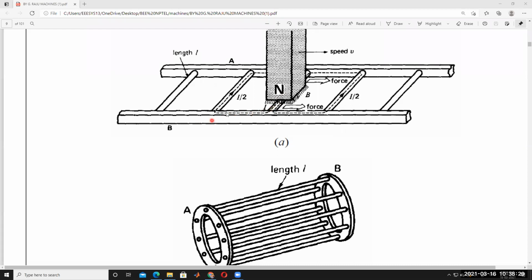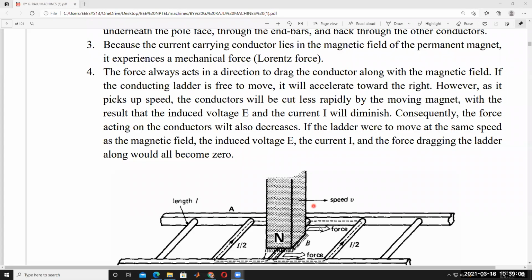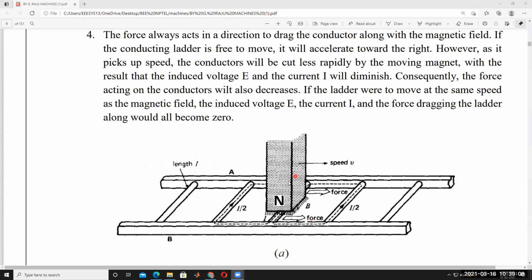It's always aligned to the stator rotating magnetic field, but does not coincide with the speed of the stator rotating magnetic field. That's why it is always less than the speed of the stator rotating magnetic field. So that's why the rotor is rotating less than the synchronous speed. It's clear. So this is about Lenz's law also affecting the operating principle of the induction motor.